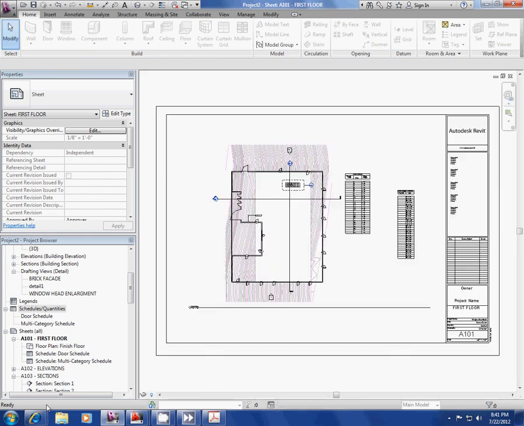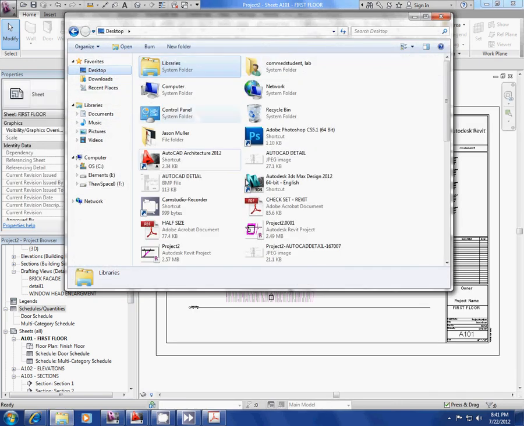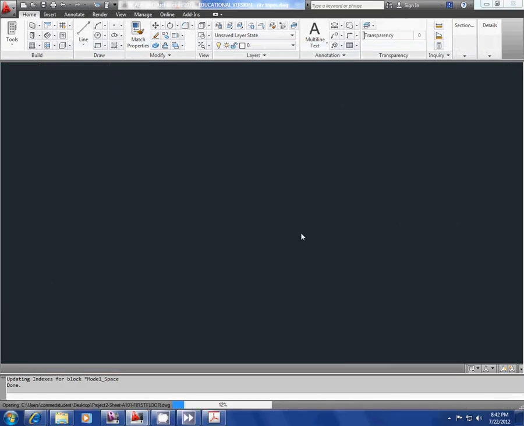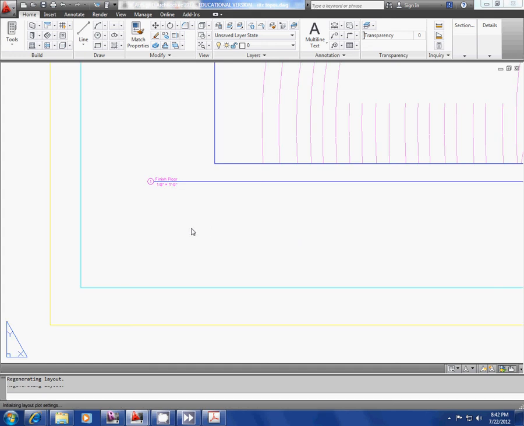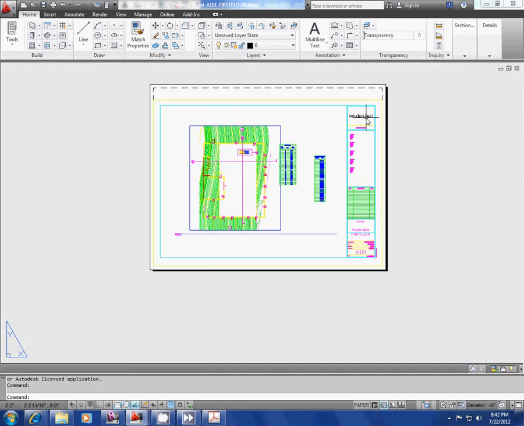So one advantage about exporting the sheet views instead of just the views themselves is, let's see, where are we here? So let's look at this AutoCAD file. So in case I have any schedules or any note annotation and things like that, that consultant gets the actual sheet file, and at the same time,